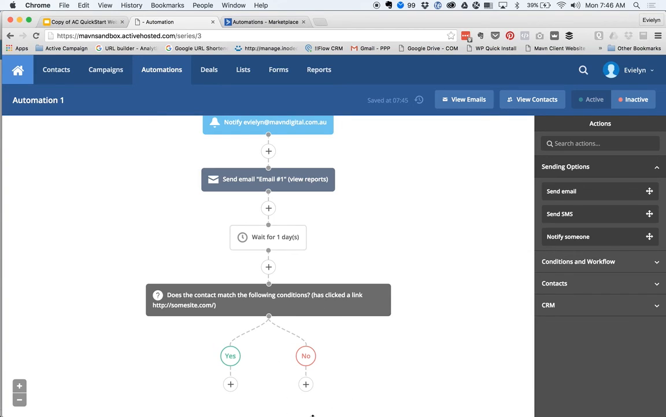If they didn't click the link, then we want to send them an email that says, hey, we notice you haven't had a chance to download the free thing yet. We really think you're going to get a heap out of it. Here's the link again. We know you're busy, whatever your reminder email is. Basically, this section here you want to use to remind them to download your free thing. And what you're doing is